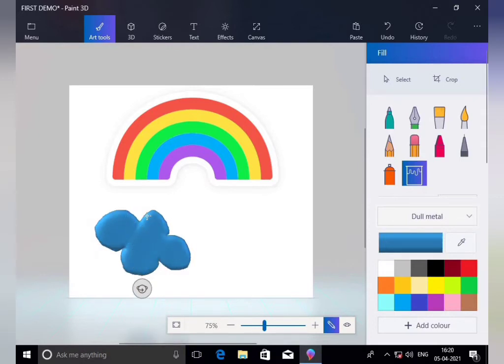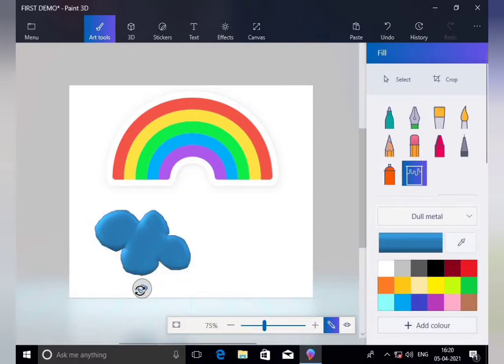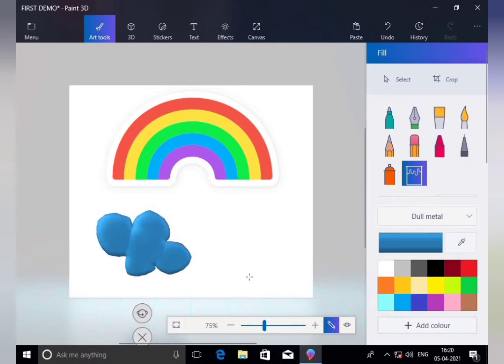Okay, so now we have to drag it, for example, but we cannot move this space. Why? Because the selected area is not yet there. We can just move around the paint in the direction that you have to put.